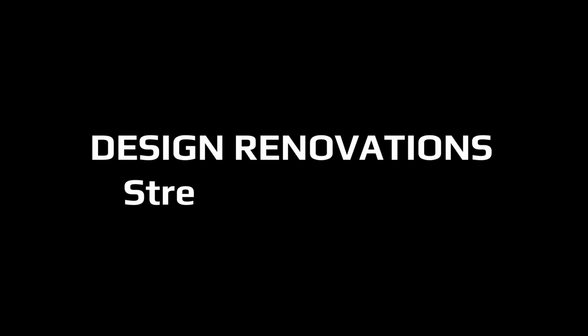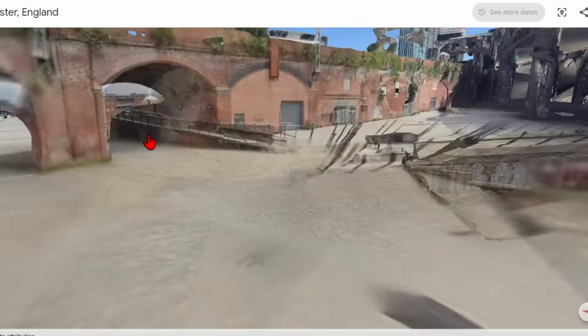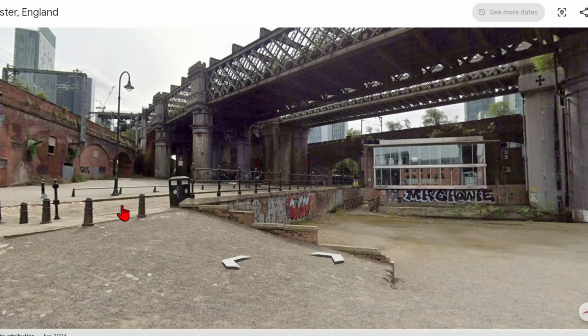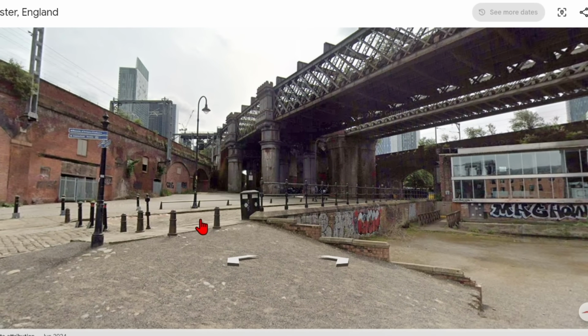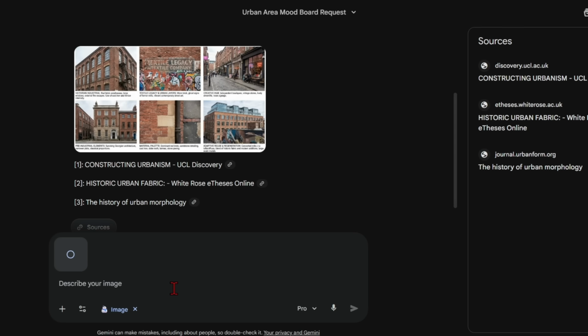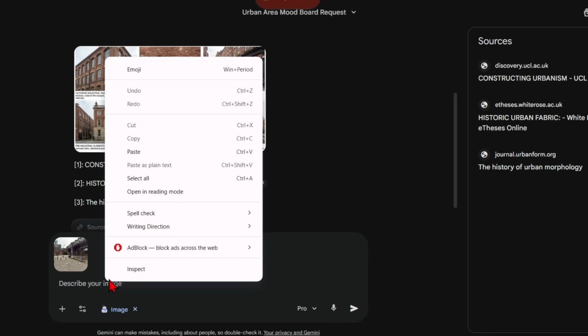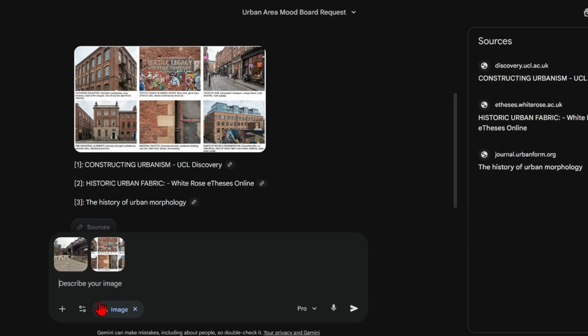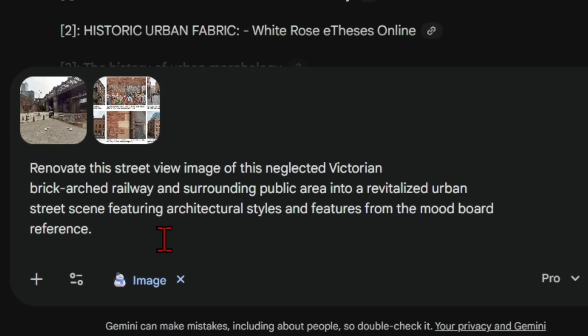This brings us to using real-world locations and features to renovate or design from existing spaces. In Google Earth, go to Street View. I will go to this underused part of the city and screenshot this image. Nano Banana Pro, drop in this image, and we can prompt a design intervention of the space using the mood board previously made. Just prompt, renovate the Street View image, and then type in the details of what you want